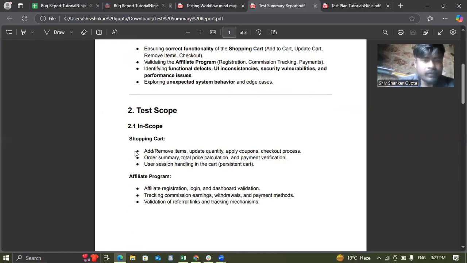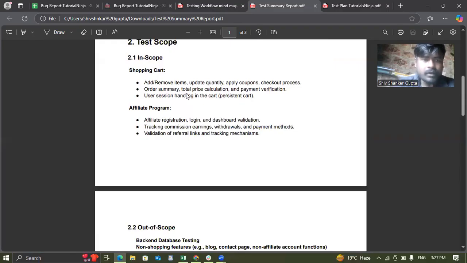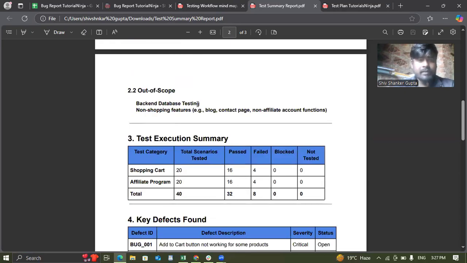In scope: shopping cart and affiliate program, remove items, update quantity, apply coupons, checkout process, order summary, total price calculation, payment validation, user session handling in the cart, persistent cart, affiliate registration, login and dashboards, validation, tracking commission, earnings, withdrawals and payment methods, validation of referral link and tracking mechanism. Out of scope: backend database